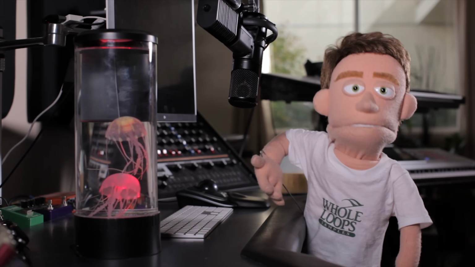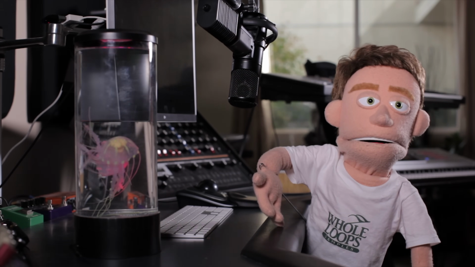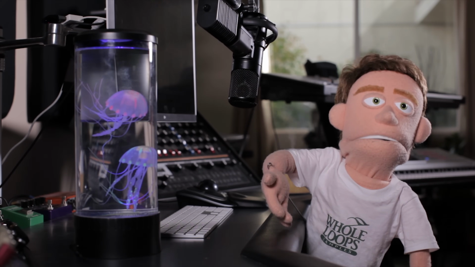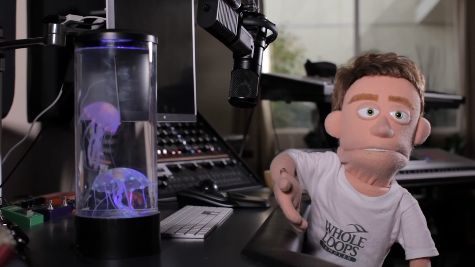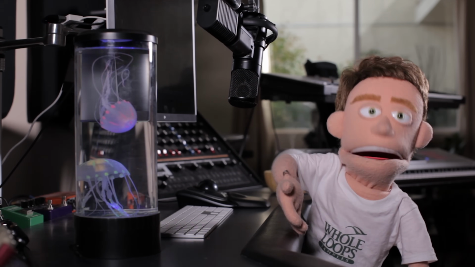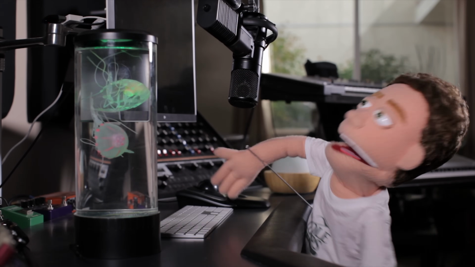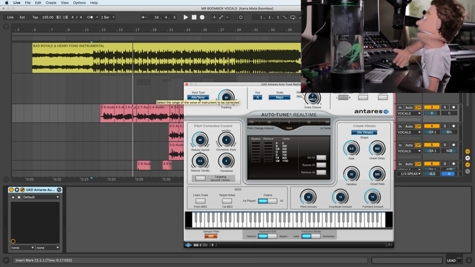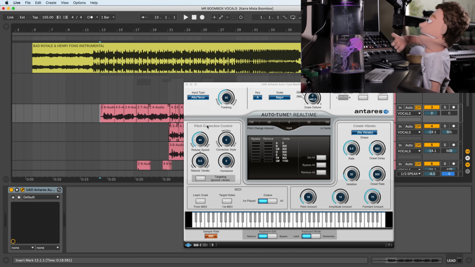By unprocessed, let me say that again. They've been run through Autotune so far, but that's kind of a given. That's always going to be the first plugin in your vocal chain, especially if you're producing hip-hop music, pop music, or anything anywhere in between. You're going to want to put Autotune first. So this song is in A major, so I just pulled that up in the drop-down menu, told it that it was a tenor part, and I'm actually going to bump this up a little bit because, like I said,